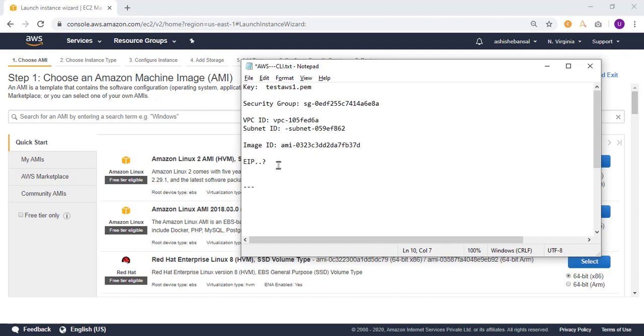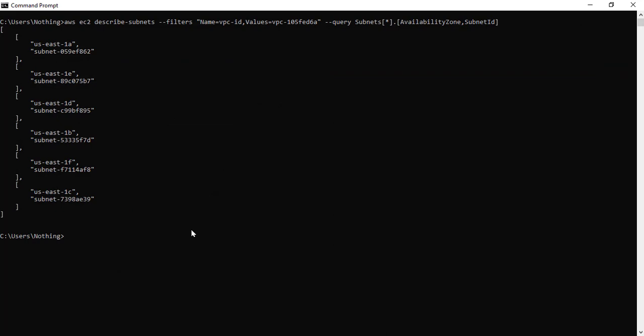So now we still have to work on Elastic IP, but Elastic IP is something that comes after you have your instance up and running, and then only you can apply your EIP. So we can generate the EIP right now and then assign it later, or else it's better if we pick it after we have our instance up and running. So let's see how to use the values that we have with us.